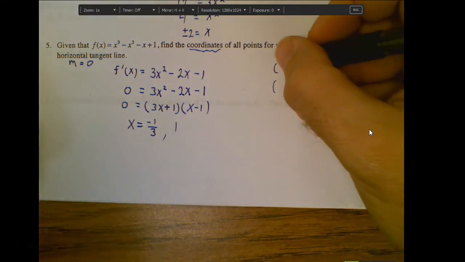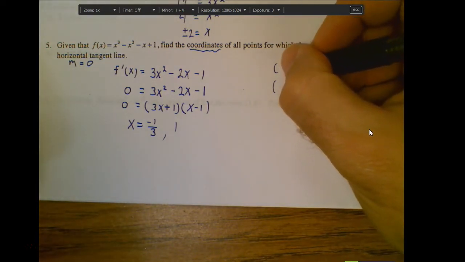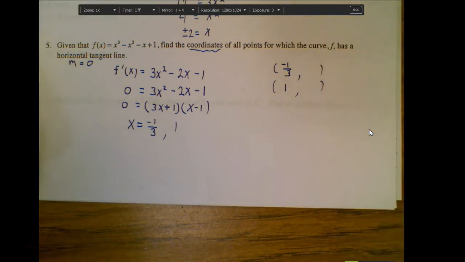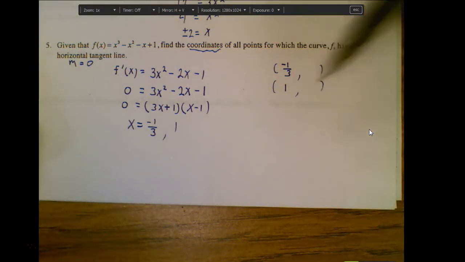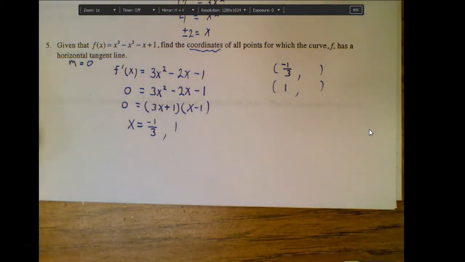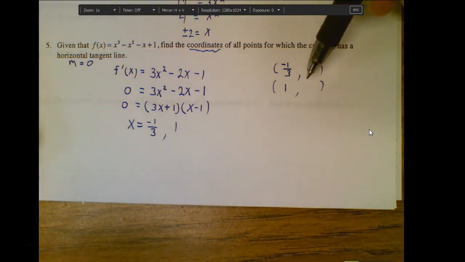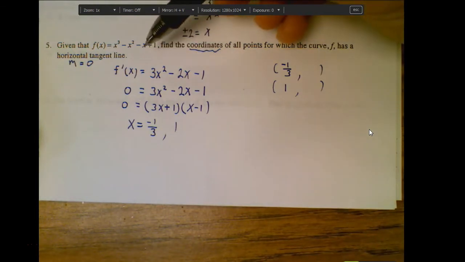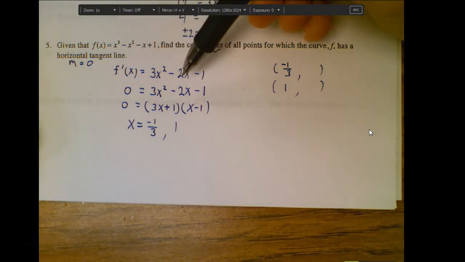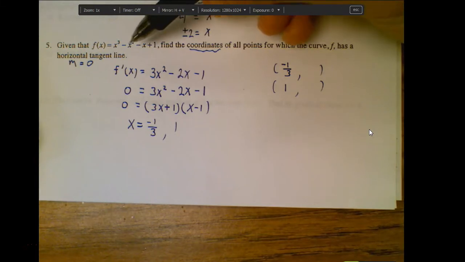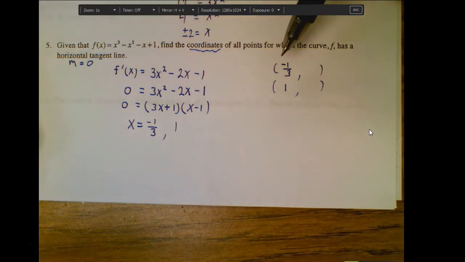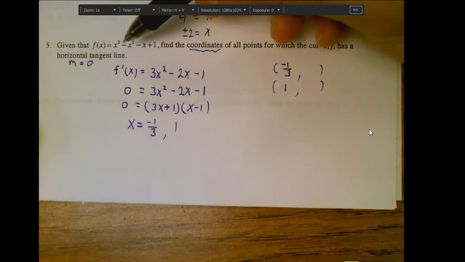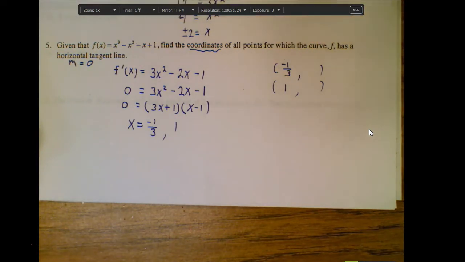So we now know the x coordinates, and because this problem specifically said find the coordinates, I now need y values to go with those to create the ordered pairs. And remember, where do you always get a y value? From the original function. The derivative will always give you a slope, but the original function will always give you a y coordinate. So if you take negative 1/3 and sub it in for x into the original function,